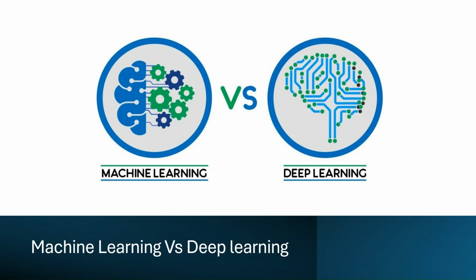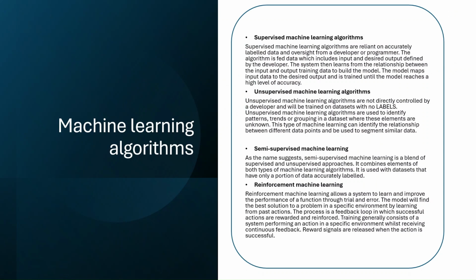With that, the next question that comes to mind is, what is the difference between machine learning and deep learning? So machine learning is basically, as I was saying, a mechanism that makes the machine understand, interpret, and come to a conclusion about the prediction based on various kinds of input data. So machine learning is based on these kinds of algorithms: supervised machine learning, whereby you are